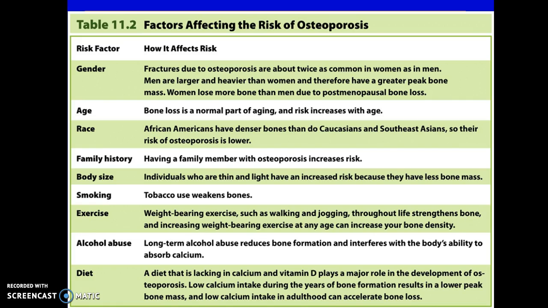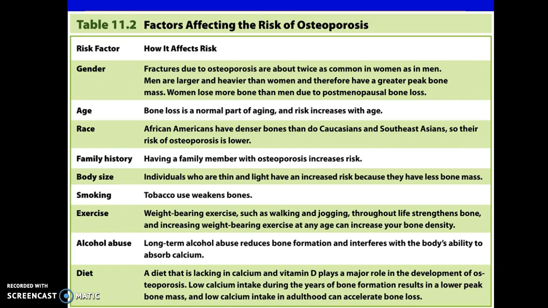And as you can see here, there are a number of factors that affect the risk of osteoporosis. So you can see that gender, females are at much higher risk than males. Age, bone loss is going to be a normal part of aging, and risk increases with age. Race, African Americans have denser bones than Caucasians and Southeast Asians do. Family history, body size, you're actually at less risk of osteoporosis if you're heavier, because Wolff's law of physics says